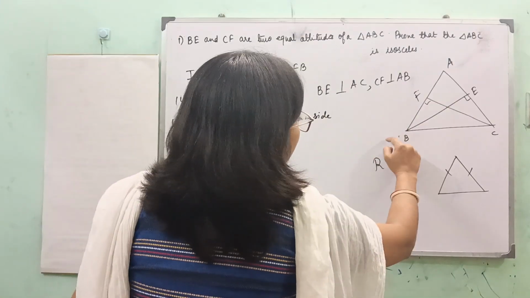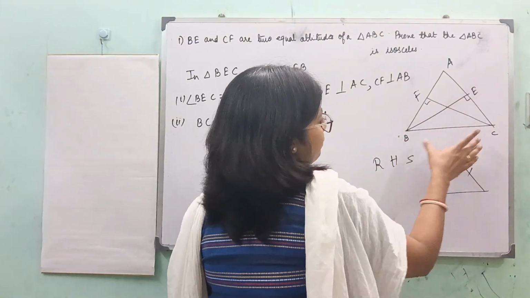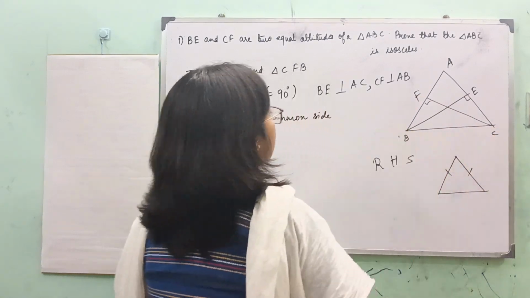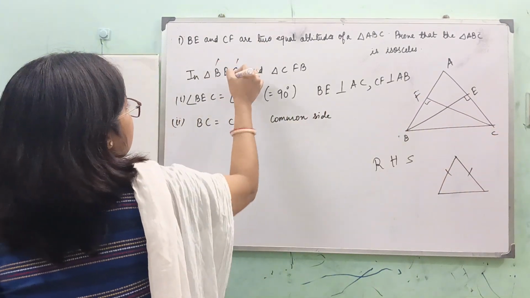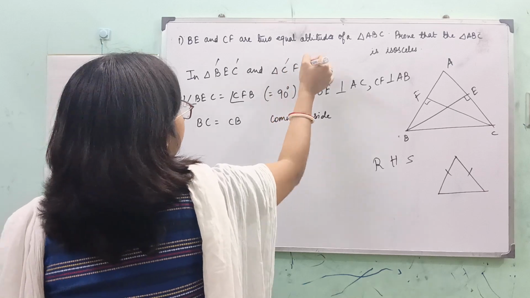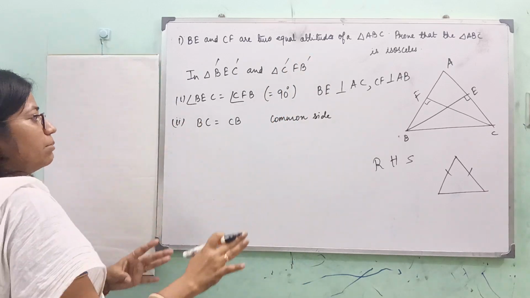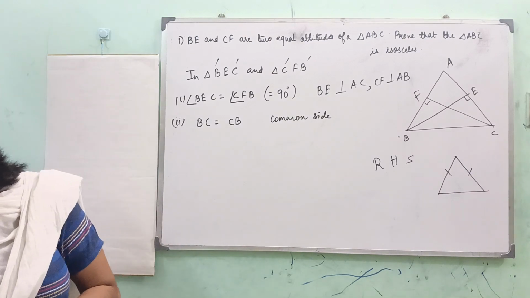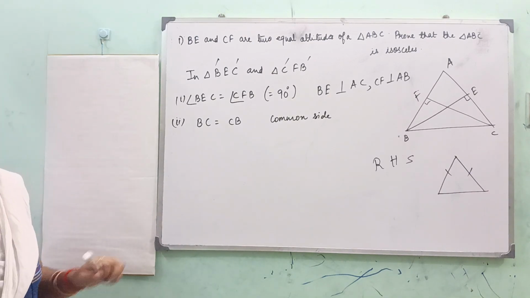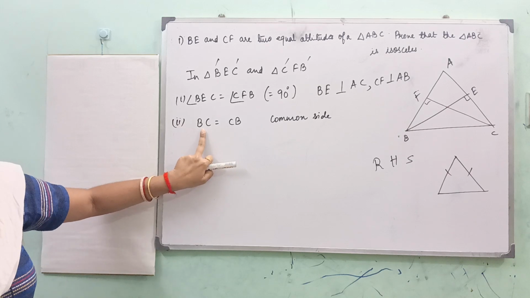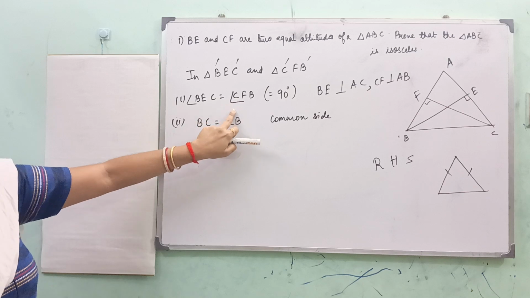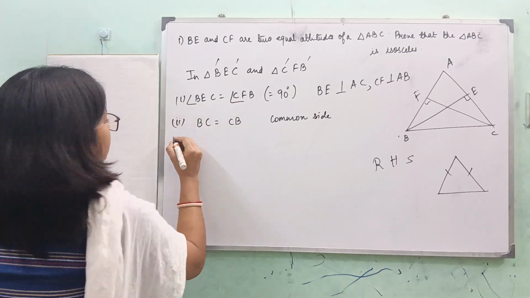So BC for BEC, if I say BC, then for CFB I will say it is CB, because B and C here corresponds to C and B here. But both refer to the same thing, because line segment BC and line segment CB refer to the same thing. So this is clear, I suppose. BC is equal to CB, and the first one is also clear. Angle BEC is equal to angle CFB. Okay. Third is